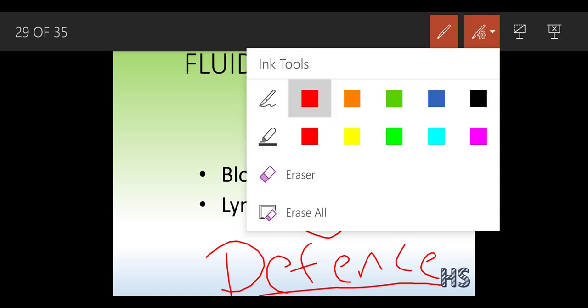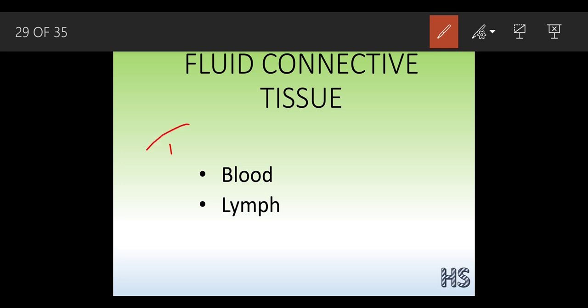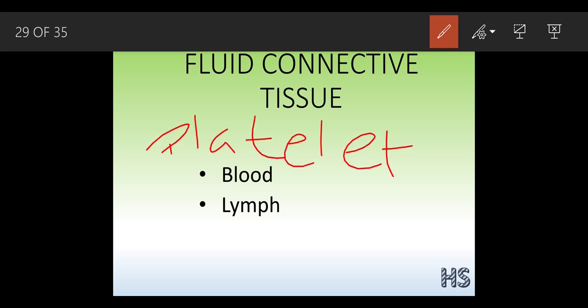The third part is called the platelets. What are these platelets? See, platelets are only present in the mammals. Mammals means those which can give birth to the young ones. Now, the function of these platelets is clotting of blood.